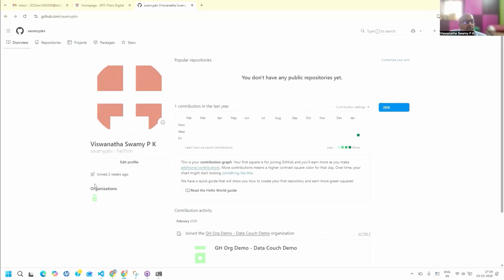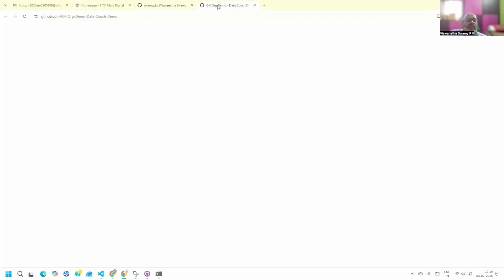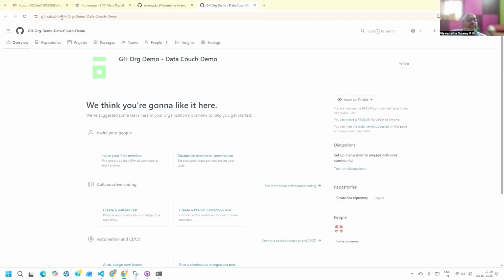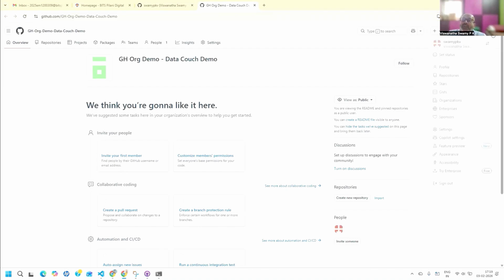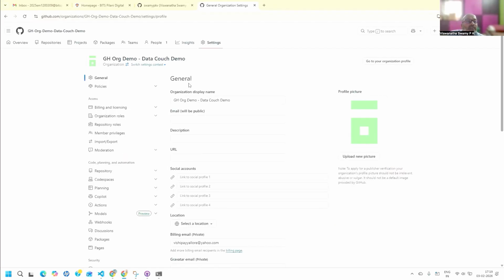Okay, what I'll do is I'll open this on a side, so we can see this is my personal account, and when I go to this organization account, it doesn't show my personal, but it shows my organization. But here you can see this, I am the owner there. How can we verify? You can see that we can come back here,